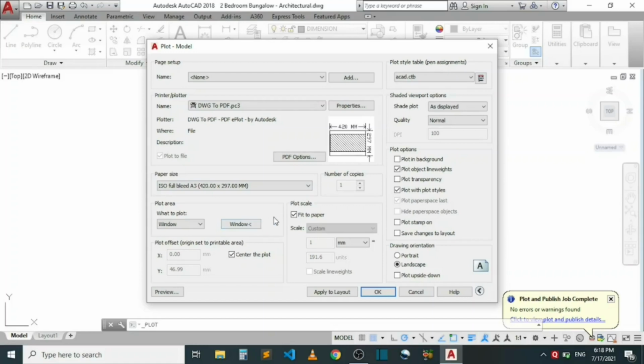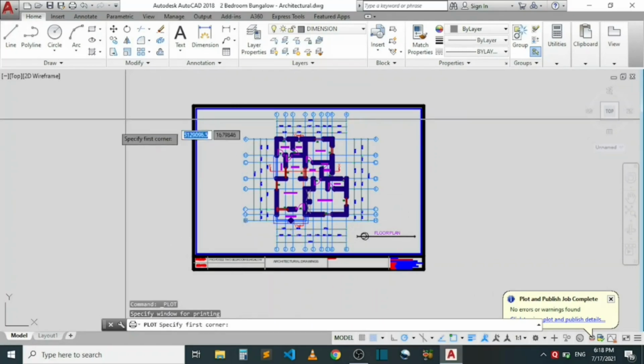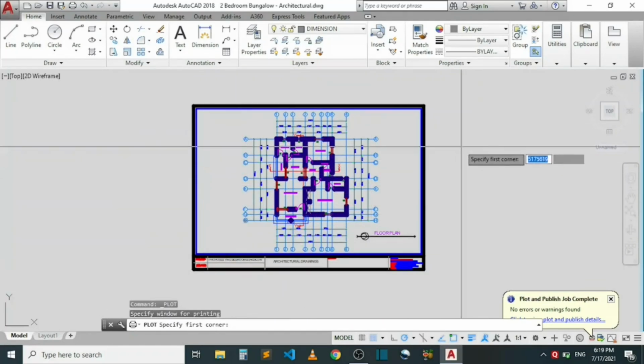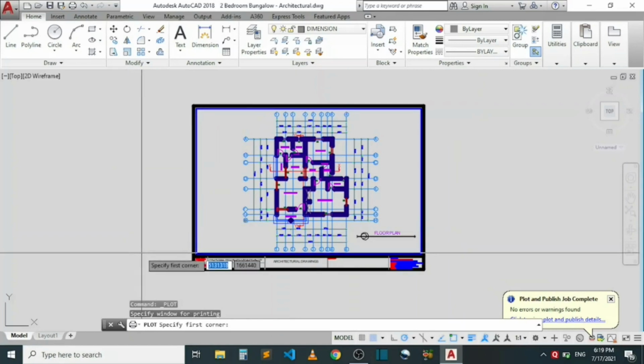Now the next thing I need to do is come to this window. You can see window here. Click on window. If I click on it now, this dialog box is going to disappear. Now it's going to lead me to select the area I want to print. So if I click on window, you can see it has disappeared. You can see the whole area is gray. It is not bright like the former one.